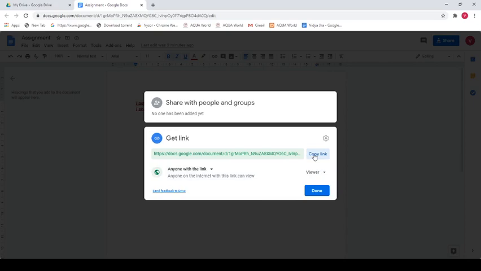If you have to send it on your mail, or if you have to put it on your Google Classroom, or you have to put it in, say, WhatsApp, wherever your ma'am or your professor asks you to put a link for your assignment, you can simply copy the link and put it there. Now, who can edit? If you're sharing your Google Drive link, that does not mean that anyone can edit it, right? Now, who can see this link? Anyone on the internet with this link can view. This is the viewer, right? If you use commenter, then anyone with this link, whosoever you have shared the link with, can comment on this document.